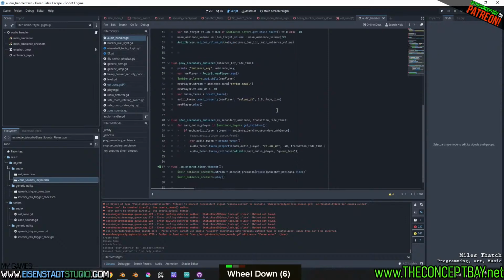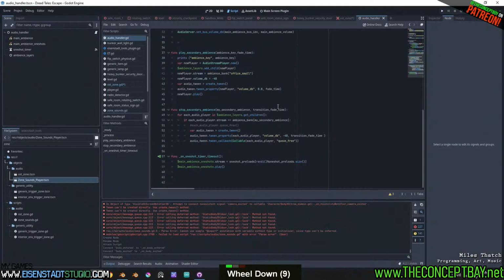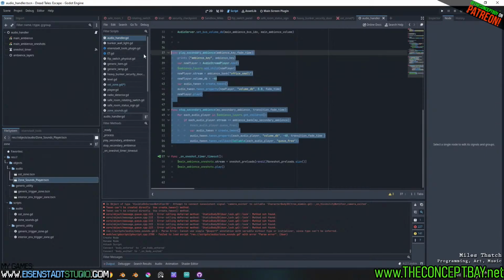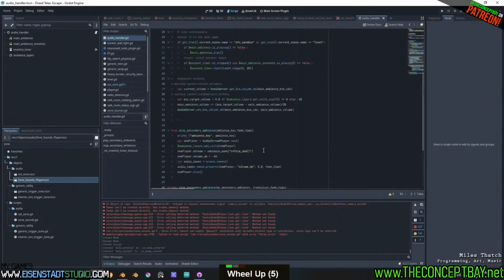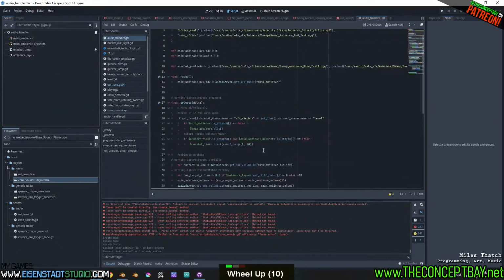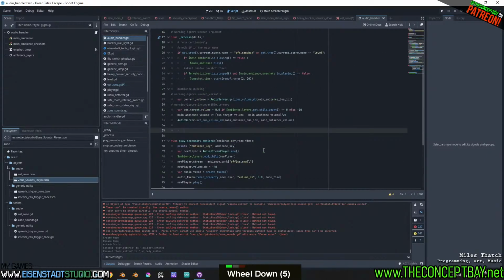Play secondary ambience, stop secondary ambience. Okay, secondary ambience is for rustling sounds or some sort of drones, stuff that just plays in the background when the music is not playing. So I suppose what we're gonna do,